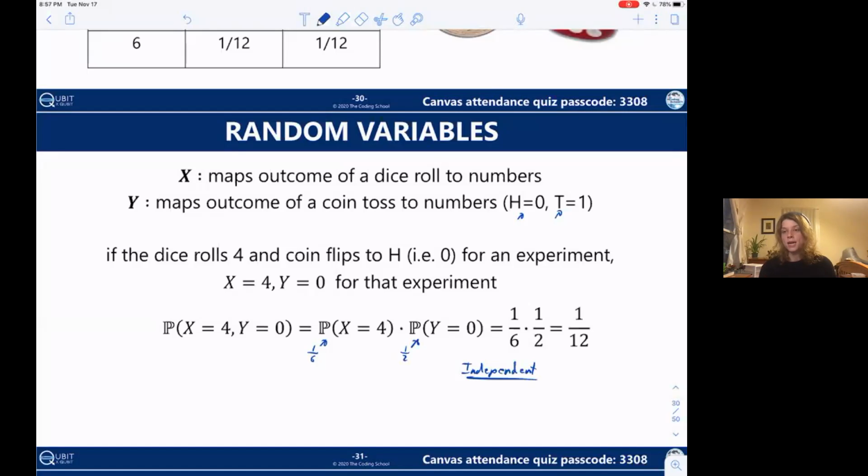Every time you roll the dice, you have a 1/6 chance of getting each value. It doesn't matter if you rolled three times in a row. The 4th time you roll it, there is still a 1/6 chance you get a 3. And it's the same thing with this coin. If you've rolled the dice and you've gotten a 5, that 5 does not impact the likelihood that you get a heads on your coin. That's why we just multiply these two probabilities, because everything is independent.